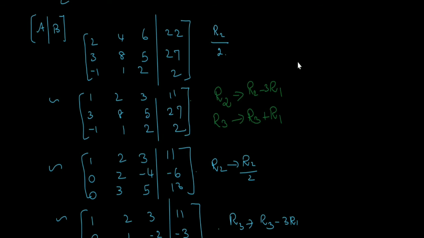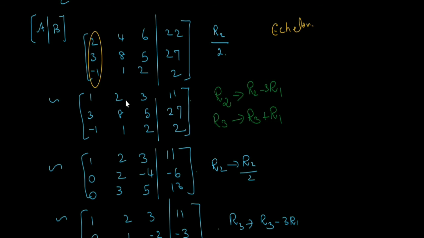Then we have to convert this matrix into echelon form. What is echelon form? Take the first column 2, 3, minus 1. It is better to have 1. The first entry, if it is 1, it will be better. So try to make it as 1. You can easily make it as 1 by dividing by 2, because you can see that all the entries are multiples of 2.